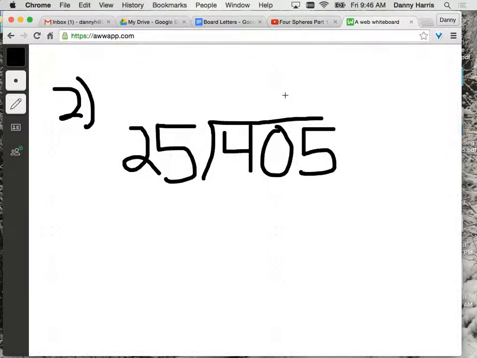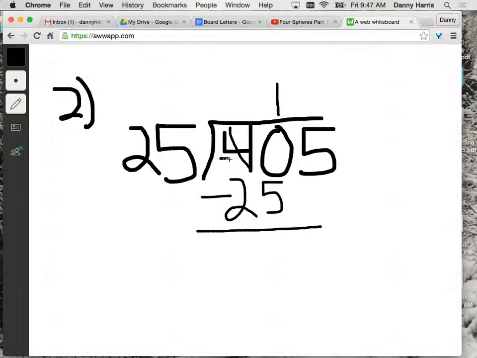25 goes into 40 just once. I know that because there's 25 cents in a quarter, so 2 quarters would be 50, so 25 goes into 40 once. I know that 1 times 25 is, well, 25. And if I subtract, I know that I have to borrow from this 4, make it a 3, make this a 10. 10 minus 5 is, well, 5. 3 minus 2 is 1. And now I have 15. So now I need to bring down another 5,